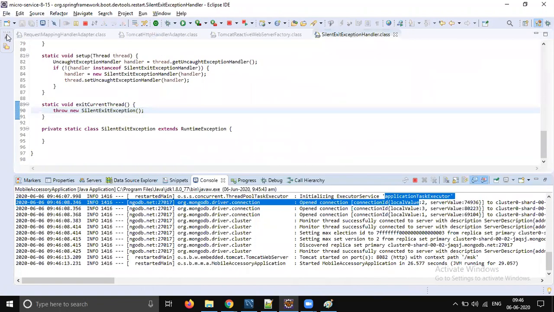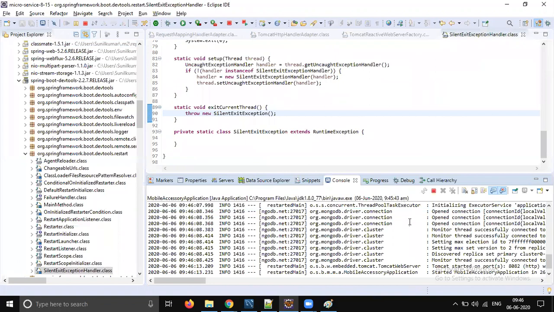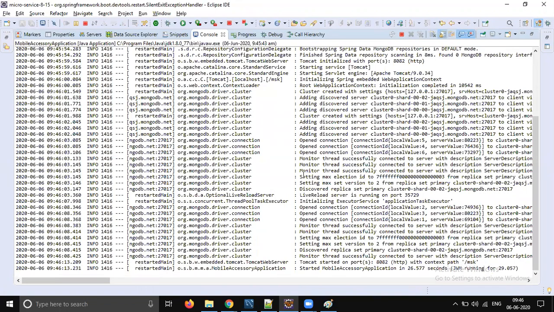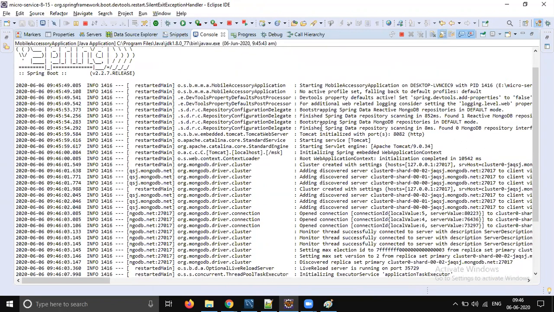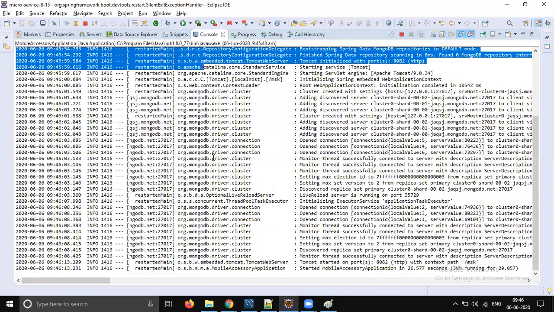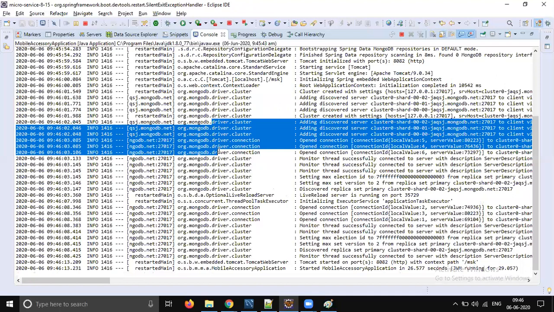Okay, so there is something happening. It's not coming into this code. I can't identify anything. Okay, as per the documentation, it's supposed to work, right? Let's see if any Tomcat logs are printed here. No.